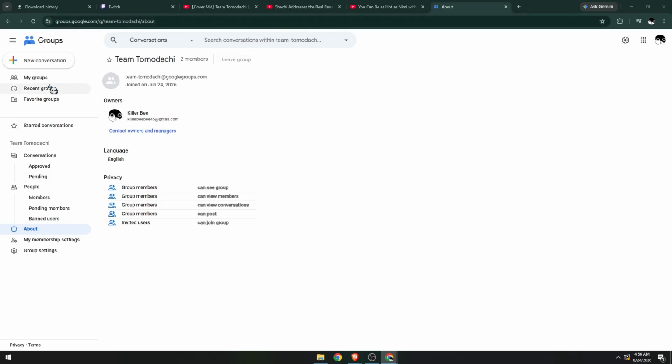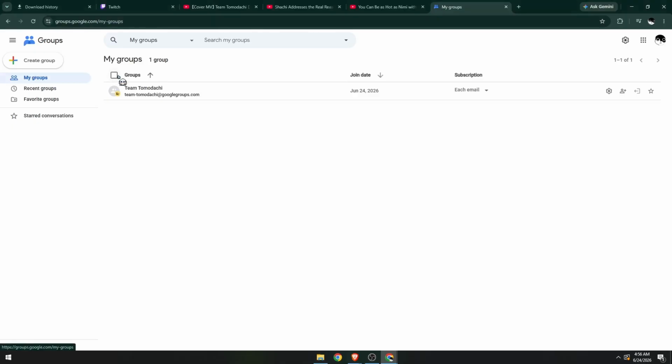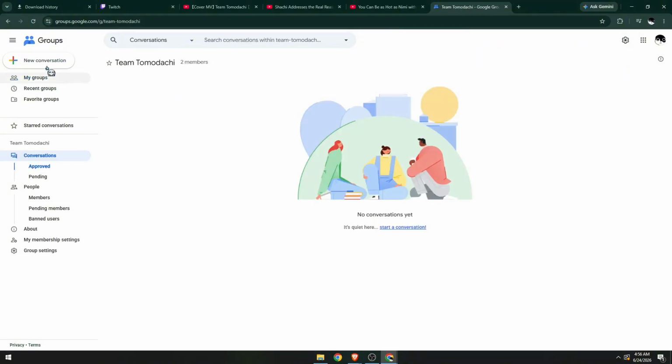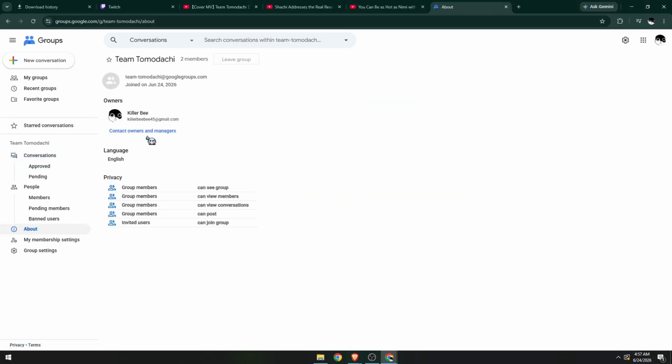Once you're here, click on My Groups, then left click on that specific group you would like to work with. So left click, in the left panel, you will notice this section, About. Click on it. And from here, you will see all of the information provided, the owner of the group, the